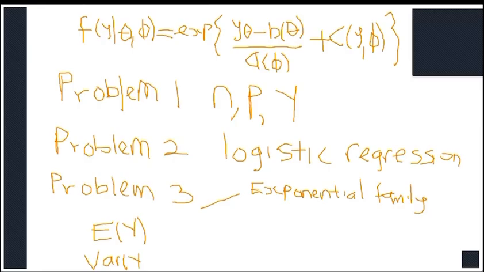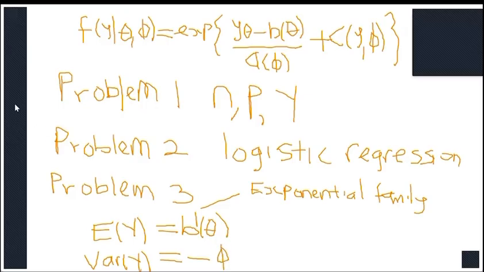I told you, the moment I identify my b of theta, the expected value of y is going to be the first derivative of b of theta, and the variance is going to be